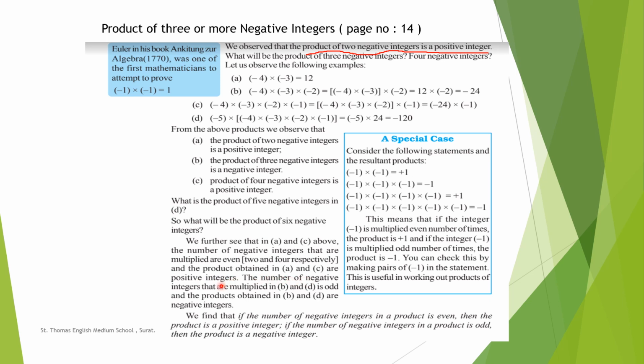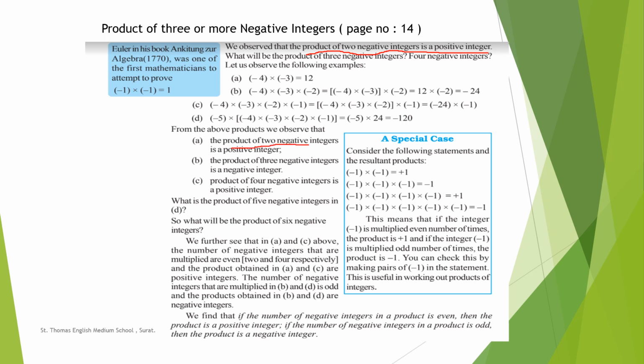The number of negative integers that are multiplied in B and D is odd, and the product obtained in B and D are negative integers. So what do you observe from here? When the numbers are even, the product will be positive. When the numbers are odd, the product will be negative. It's clear? To learn this by heart, that is,